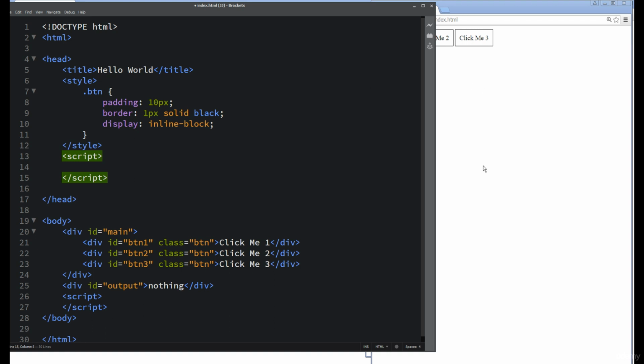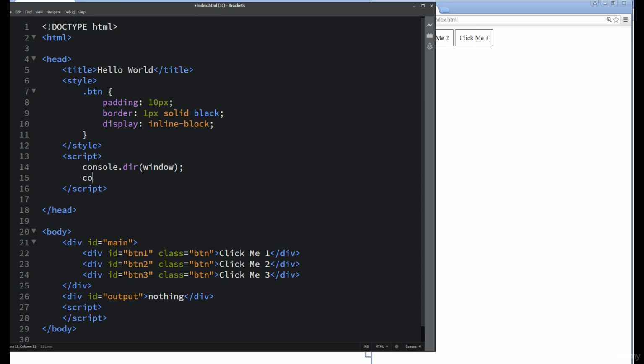And what that just essentially means is, because the browser is, when it's rendering out that HTML code, it's also building out that DOM, and until all of the HTML code is rendered out, we actually don't have the full contents of the DOM. So we do have things by default, so we do have the window object. I can see that when I do console directory, and if I list out window, and if I do console